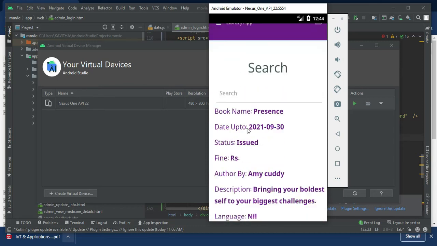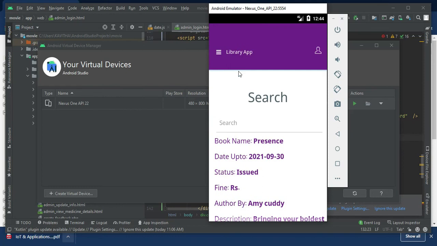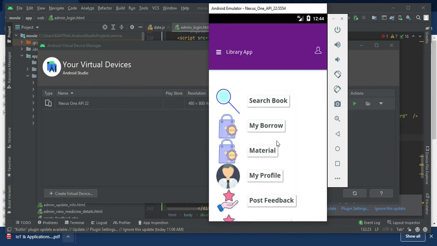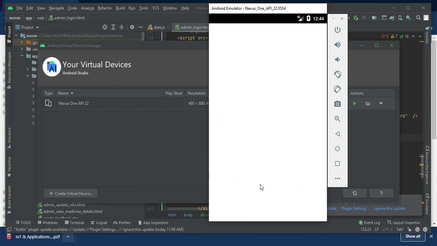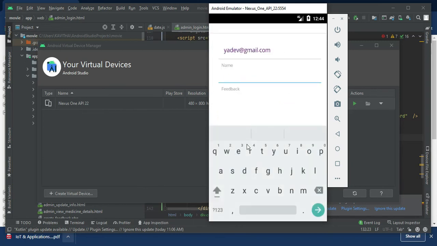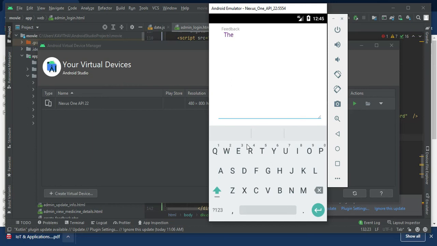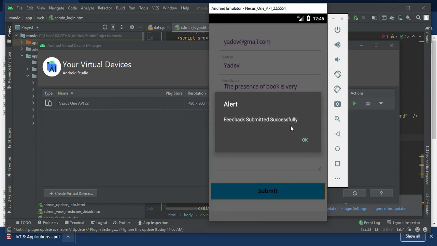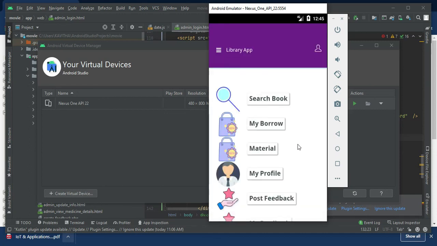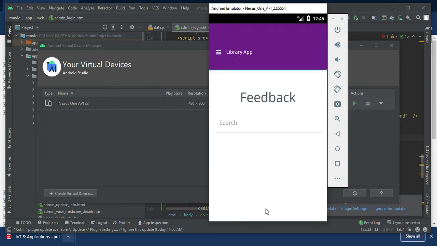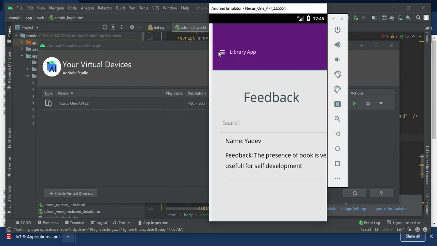If you want to return it, the admin will update the status. You can also provide feedback.